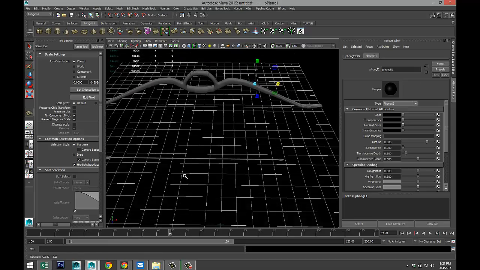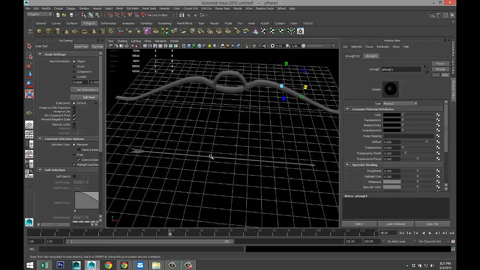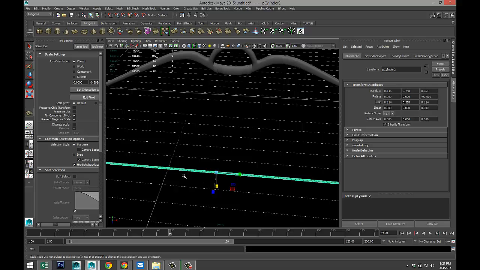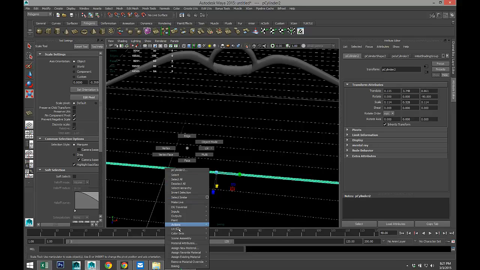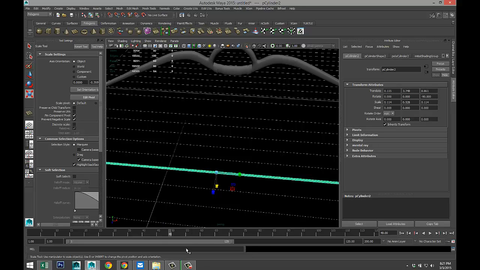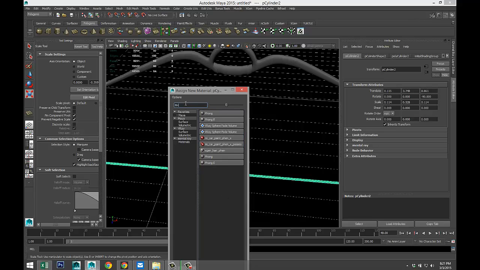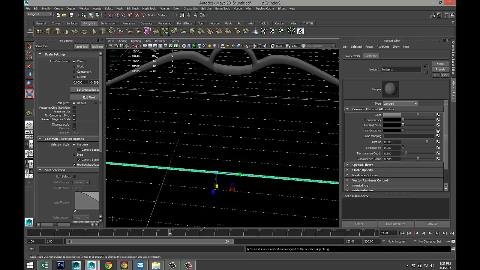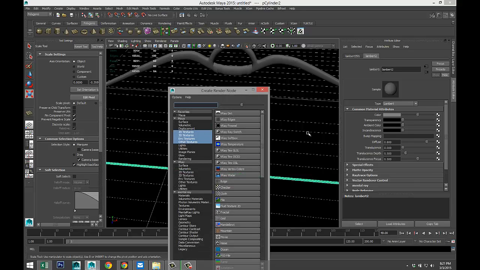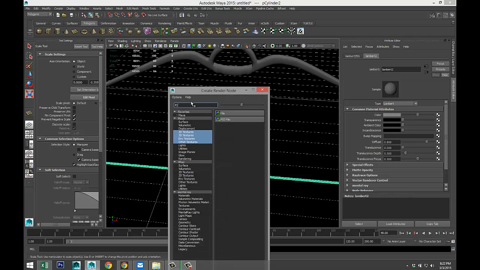Let's see if we can give this some texture. Select that guy, right click, assign new material. Lambert, not quite sure if I have a wood texture that I can pick up that quickly.